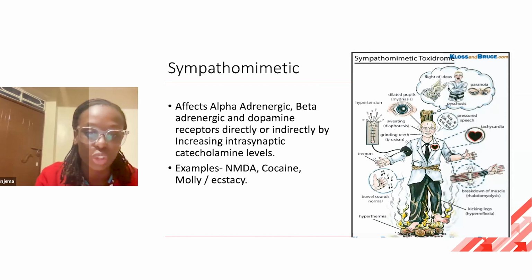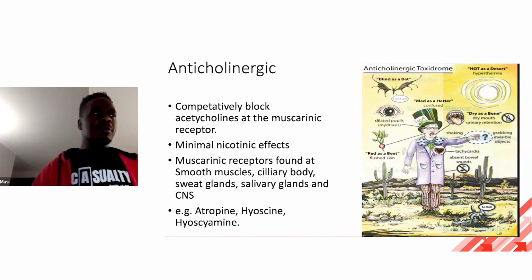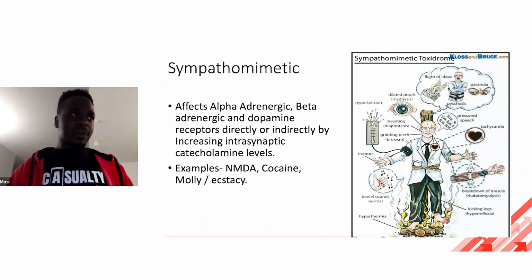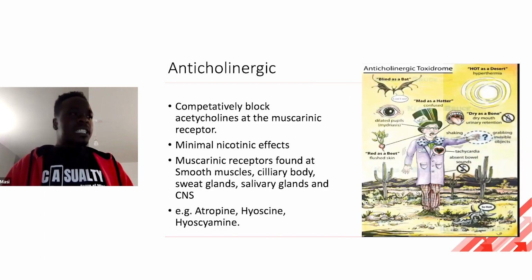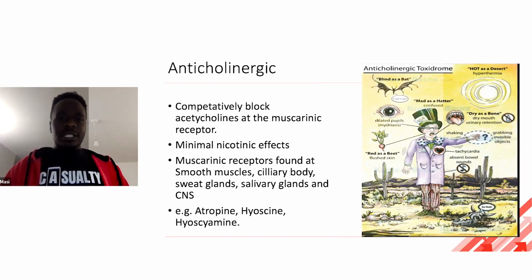That's exactly what your patient will look like. They'll be anxious, grinding their teeth, sweating, their pressures will be quite high, tachycardic, with pressured speech, things like that, reflexes all over the place, and they'll be very hot. So that makes sense. That's our sympathomimetic toxidrome. We're not going to go into great detail about this, but Jean has mentioned it quite well. Then we have our anticholinergic toxidrome, which is another quite common toxidrome.